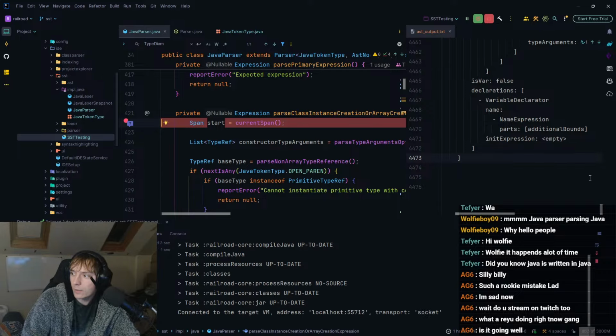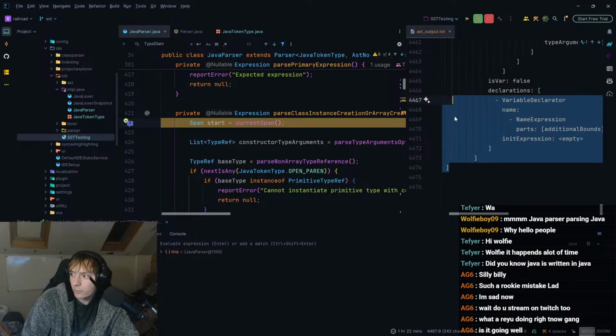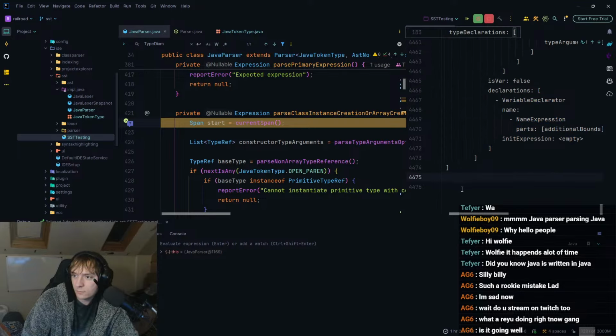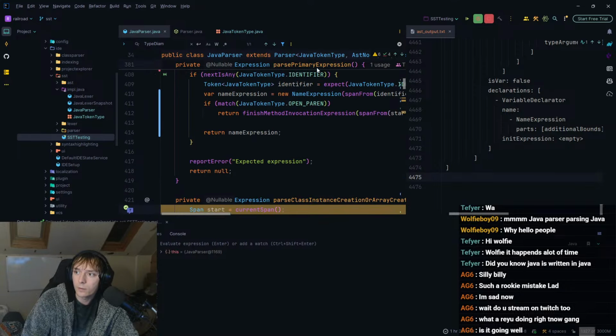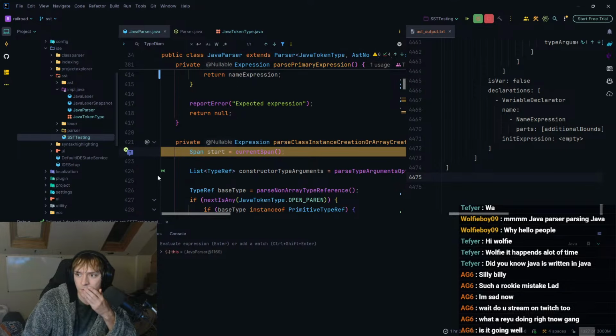Is it going well? Kind of. I mean, we've managed to pass quite a lot. We managed to pass like 200 lines, basically, of the Java parser. And I'm hoping once we fix this, it should be able to go a lot further as well. But